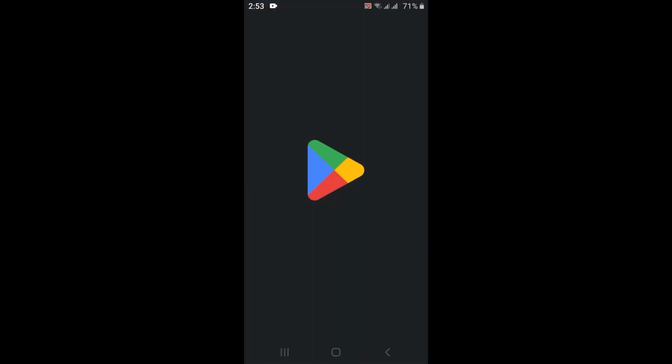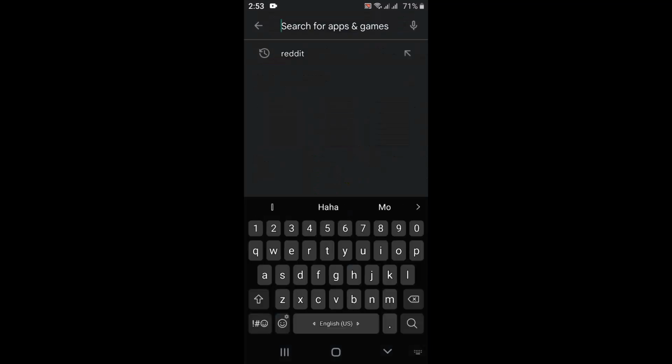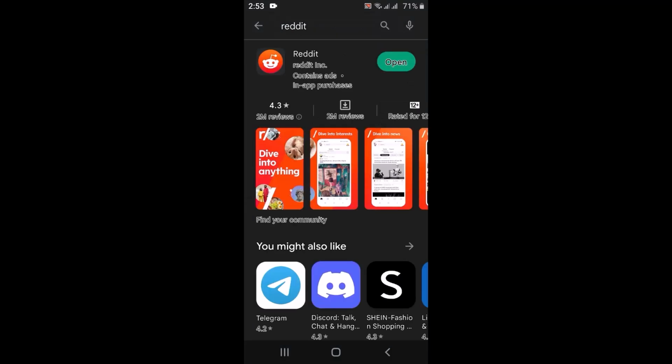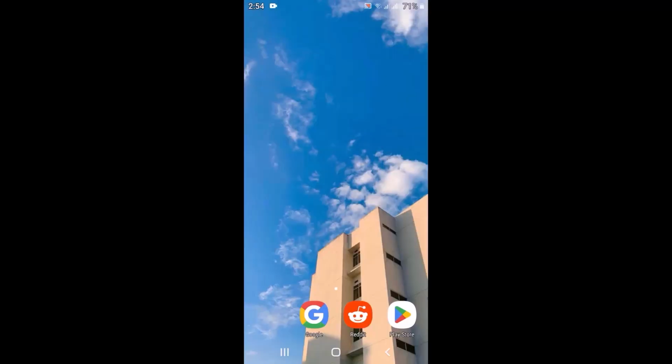Just simply open your Play Store application, and after you open it, on the search box type in Reddit. You can see that after you type in Reddit, on the other side I have an open button. Instead of an open button, if you have update, it means that an update is available. Sometimes updating your application might fix your issue. So if after updating your application you're still not able to get any sound on Reddit, then all you have